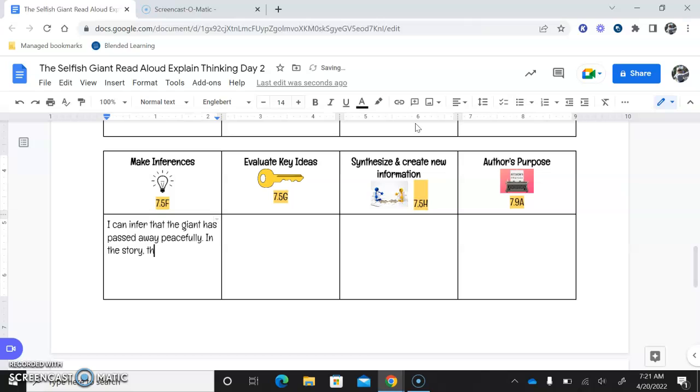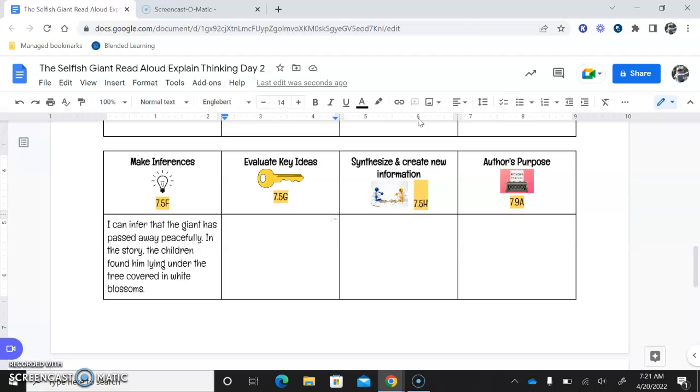In the story, the children found him lying under the tree, covered in white blossoms. And that's after the little boy that he originally helped into the tree, the one that was the turning point for the story, has come back to the garden. So we can see him as sort of like someone to guide the giant to heaven or to the afterlife or whatever is happening in the story.